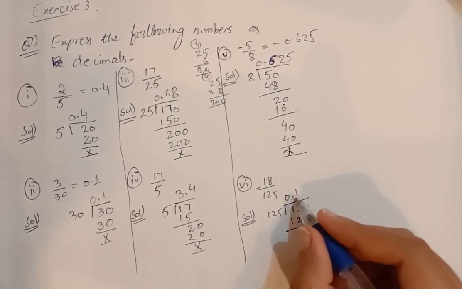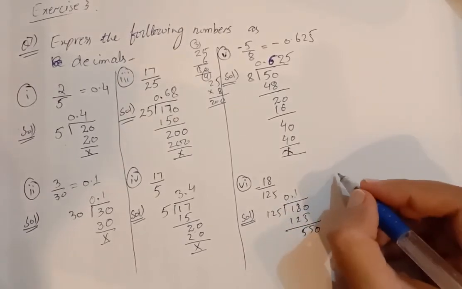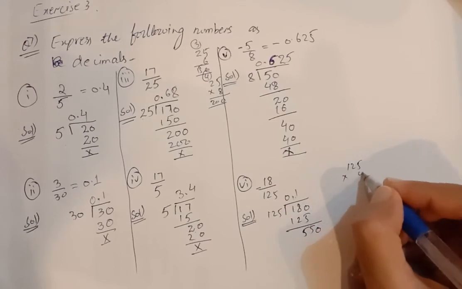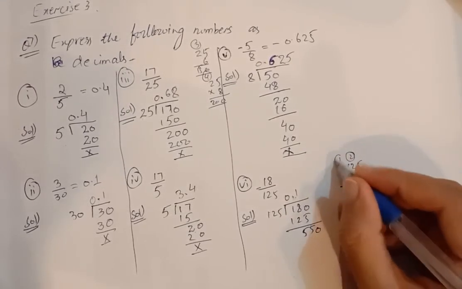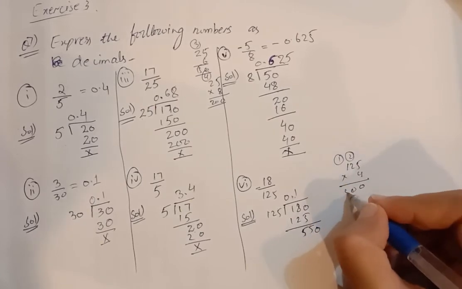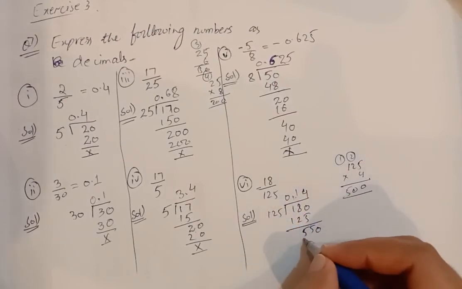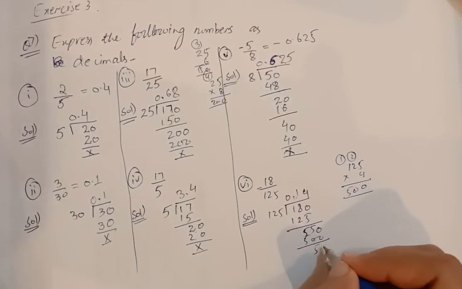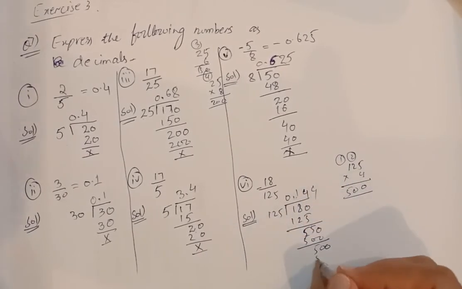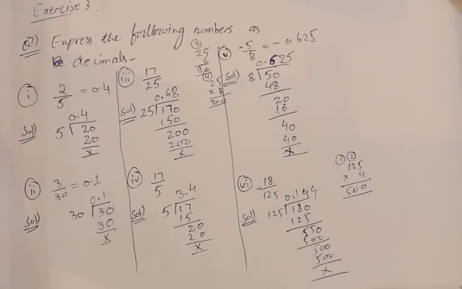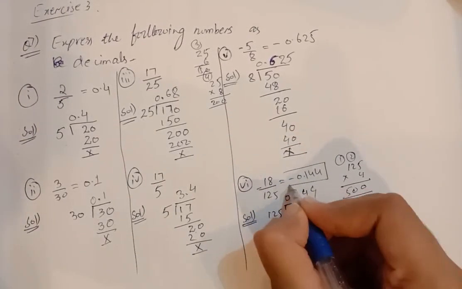As we put a point, we put here one more 0. Okay, 125. If 125 is multiplied with 4: 5 4s are 20, 0, 2 carry, 4 2s are 8, 9, 10, 0, 1 upper carry, 4 1s are 4, 5. This is 500. 50 remains, so 125 4s are 500. Again 50, we place a 0. 125 4s are 500, so this is cancelled, and minus 0.144 is our answer.